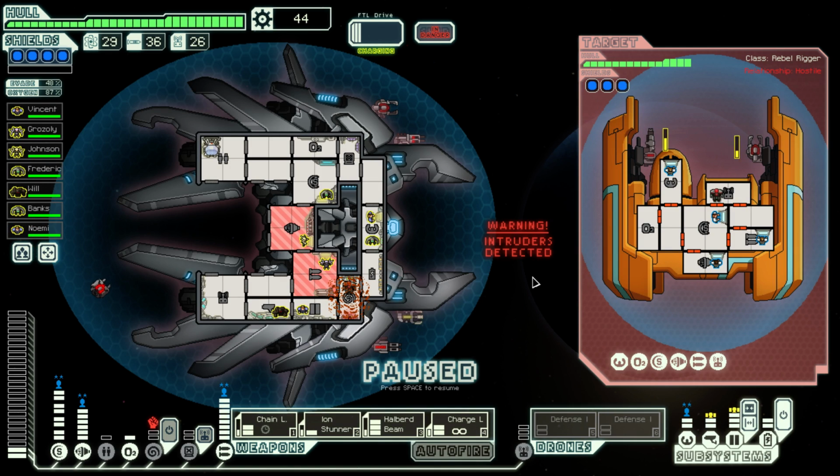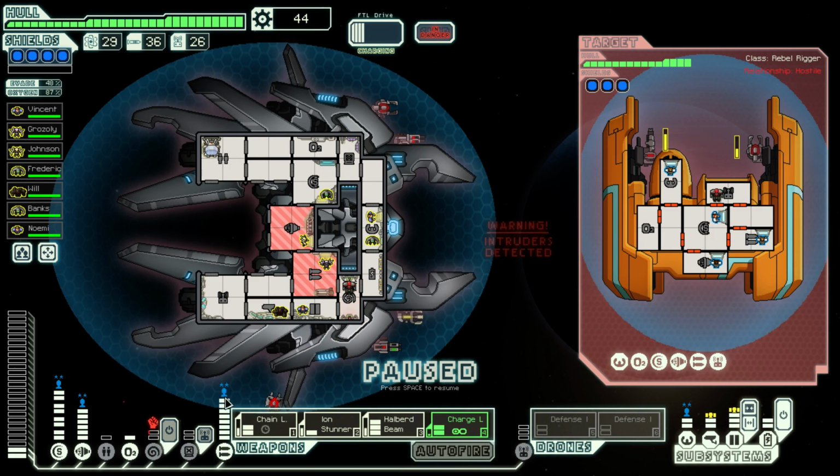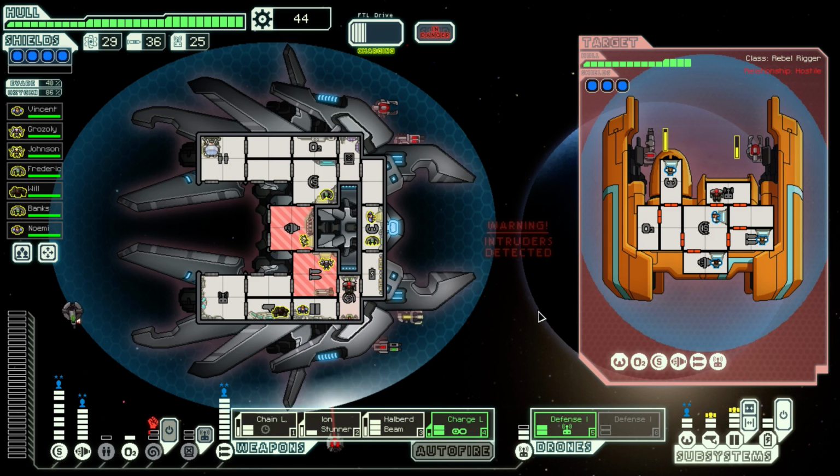Oh, they've got a boarding party. Okay, so this is unfortunate. And it's going to make my life slightly harder. What can I do? Well, I'm going to get a defense drone out to get rid of any of those that come in the future. None of my guys are particularly combat ready. So what I'd like to do